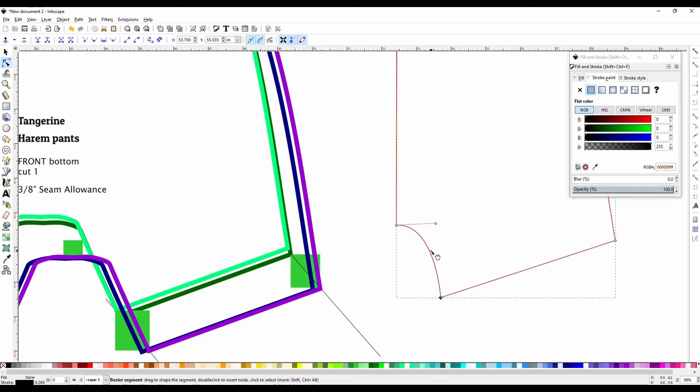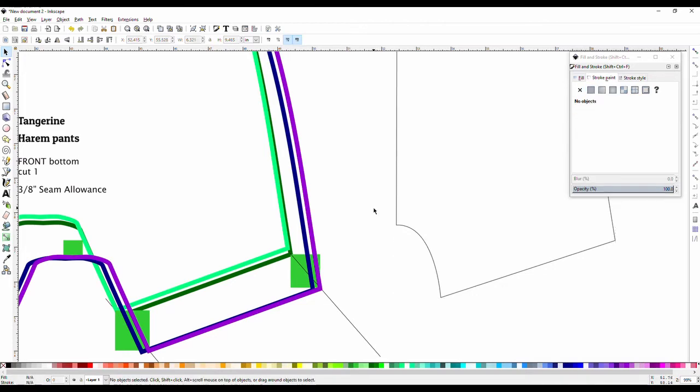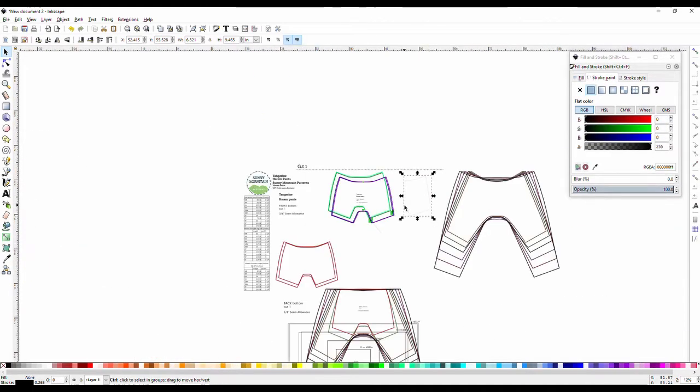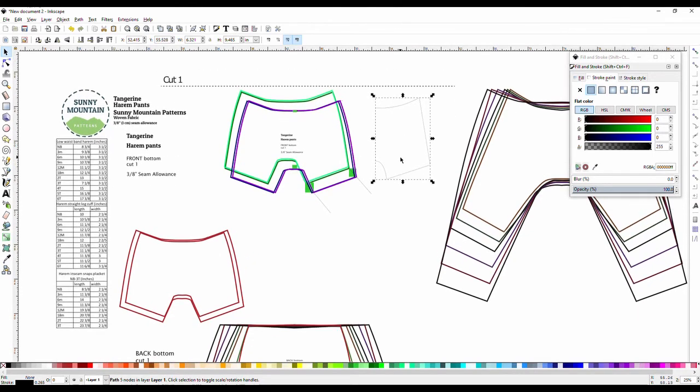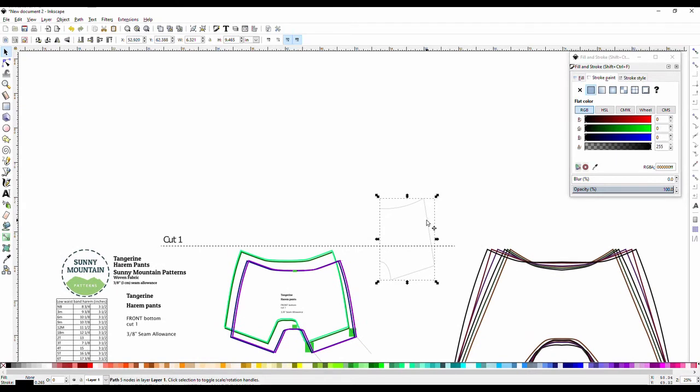I don't like to do that very much in Inkscape, to be honest. So maybe doing 2 points and then curving would make it easier for you to make it flat. So now you're saying, but this doesn't look like the whole thing. Okay, hold on. This is the cut on fold. I'm going to do it up here so there's more room. So you can copy this,